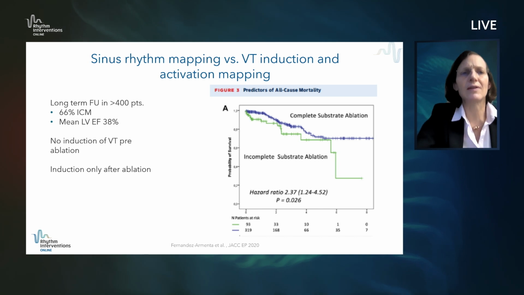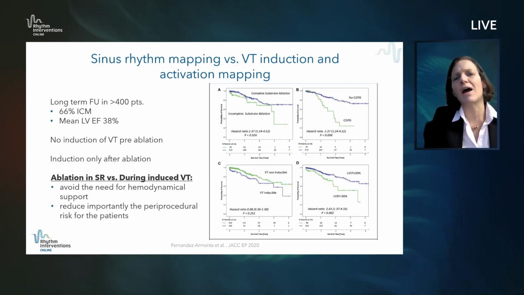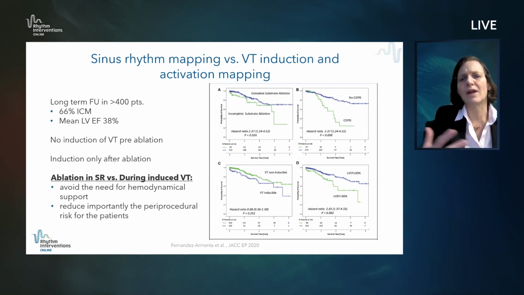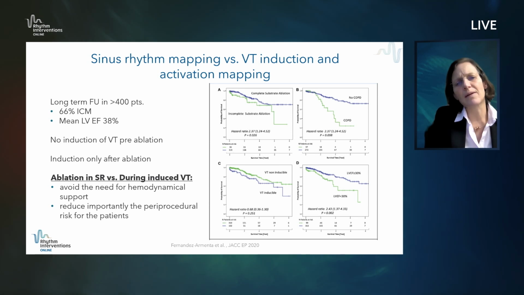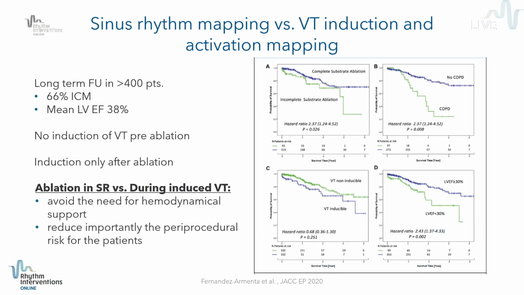If you look at the whole graphs of results, you can appreciate that the main discriminators were that these patients maybe had a COPD or anything else, but the substrate modification only in sinus rhythm, without induced VT, was enough to